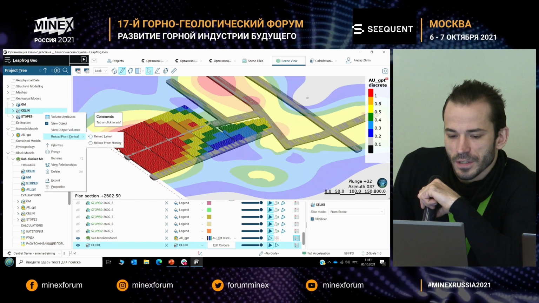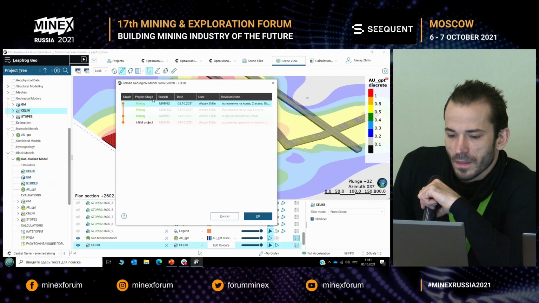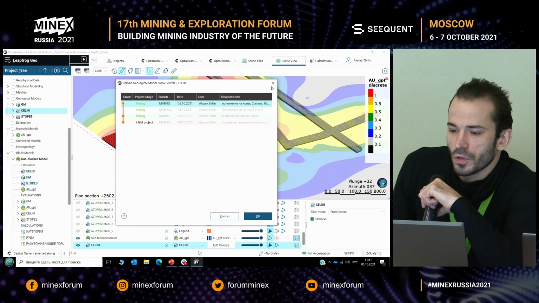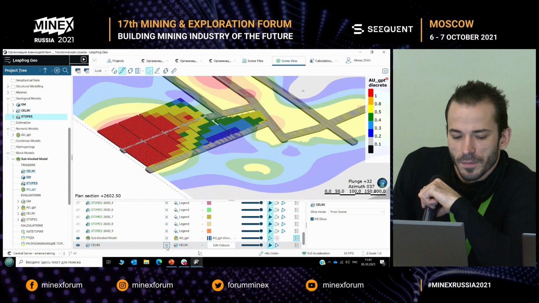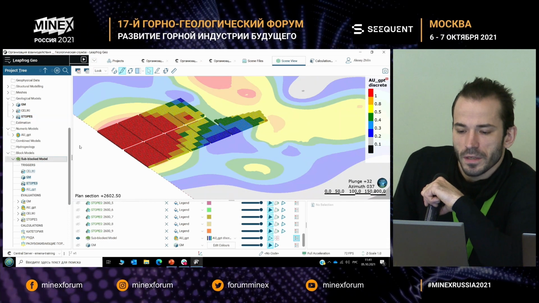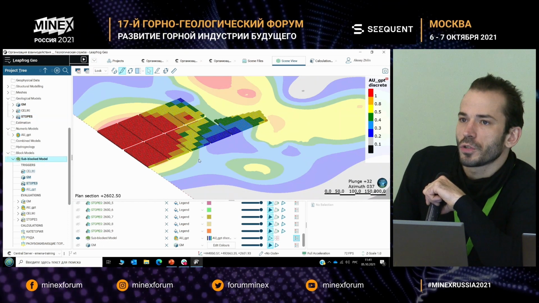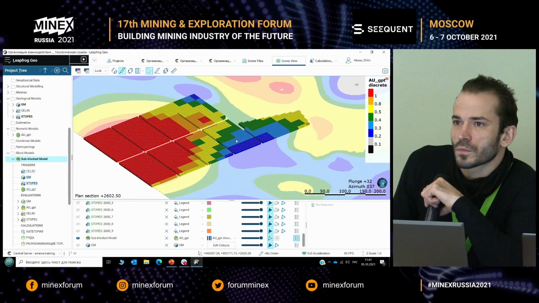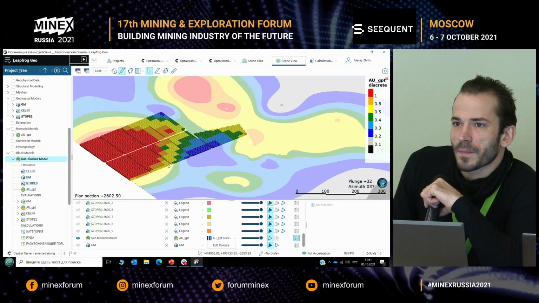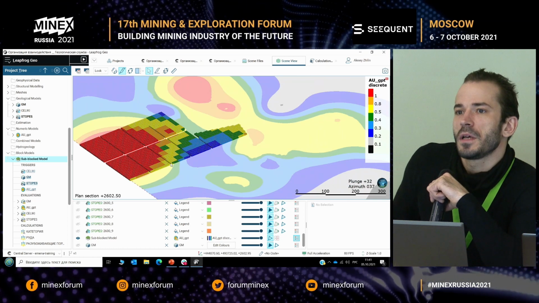The model also goes via central, so it is taken from miners. It is projected on the block model and performs certain calculations, and you can see these calculations. So this is the first thing.